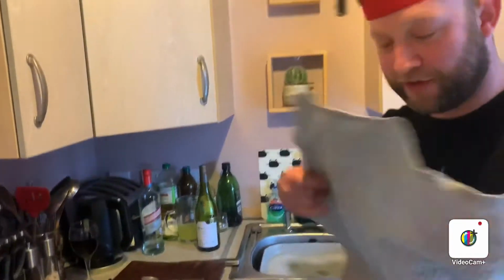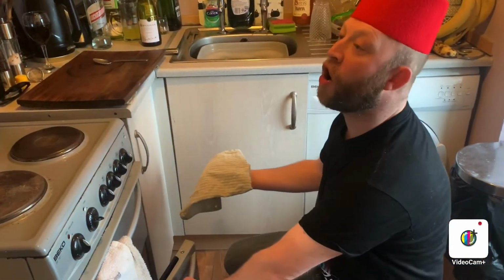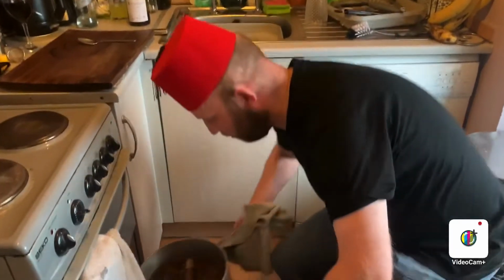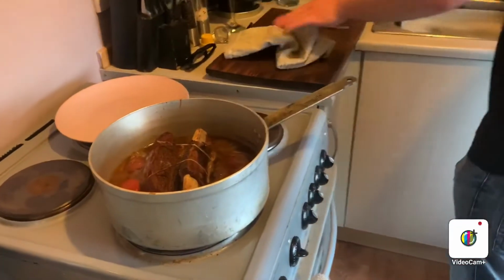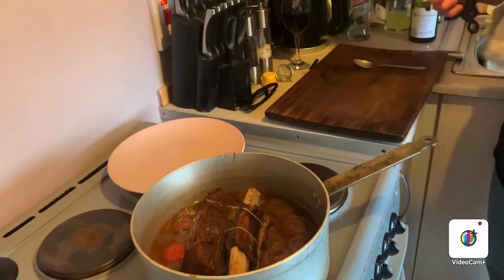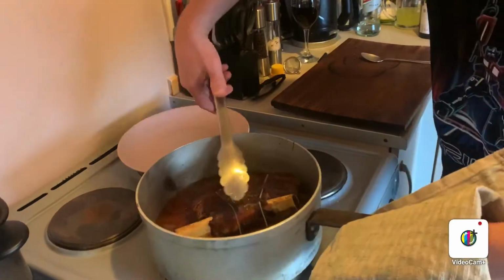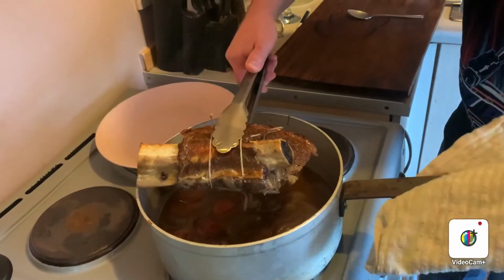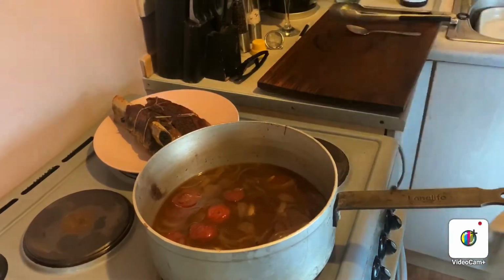Right, so the beef has been in the oven half an hour. I've had it up nice and high, I've just turned it down, let the steam out. Oh, now we're talking. Right, so I get my tongs out, and that beef is just about falling apart, hence why I tied it. Now you want to let that cool a wee bit, and then